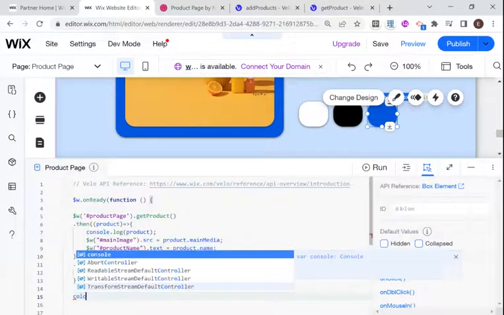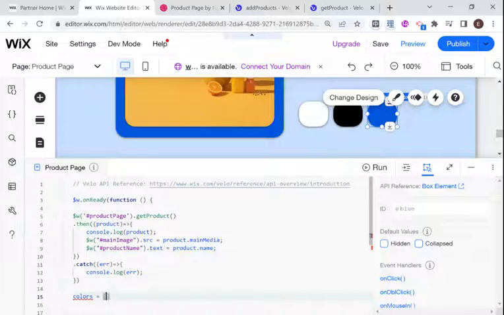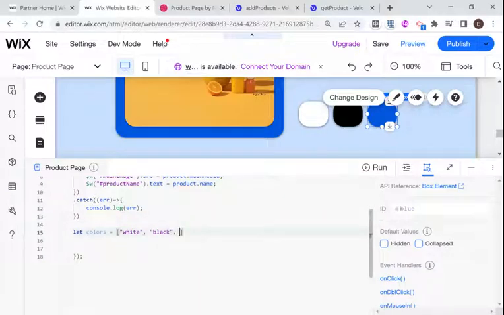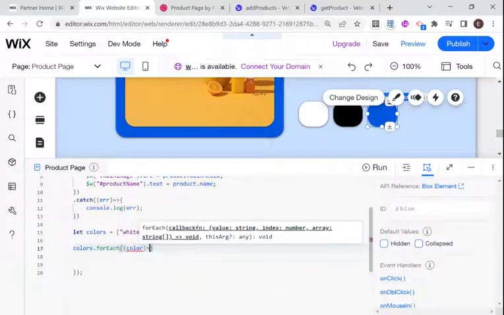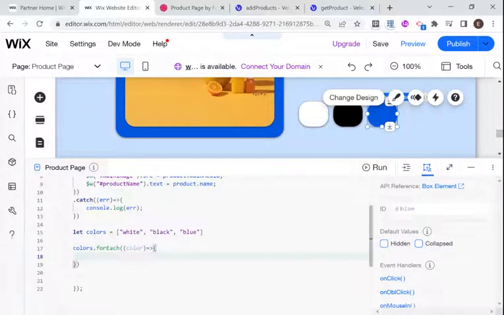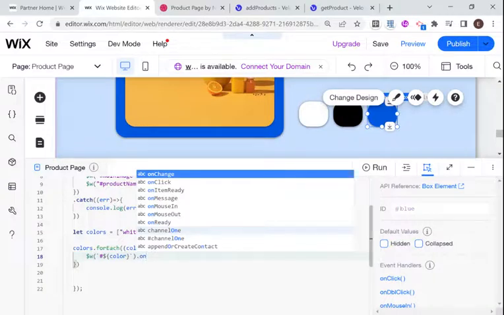so let's say colors equals white, black, and blue. And then I can say colors dot for each color. And then I'm going to add an on click here. So I'm going to say when that element, and here I'm going to use a template literal. So the element that has the name of the color, when we have an on click,